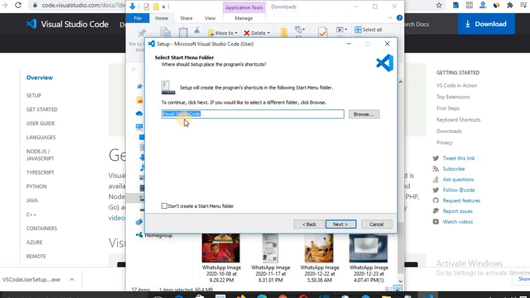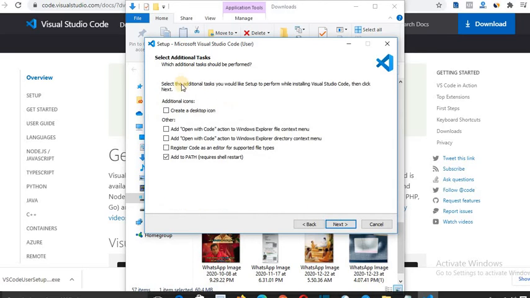Setup will create a program shortcut in the start menu. If you want to change it, you can browse and change it wherever you want. If you don't want to create a start menu folder, you can select that. Otherwise, leave it as is and click next. Here select the additional tasks you would like to perform while installing Visual Studio Code, then click next.